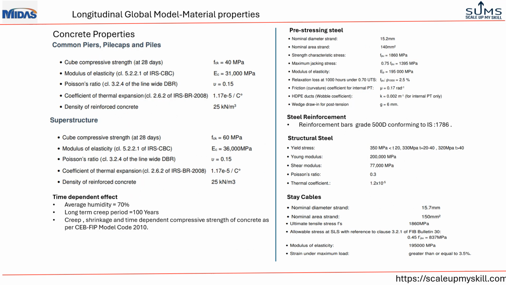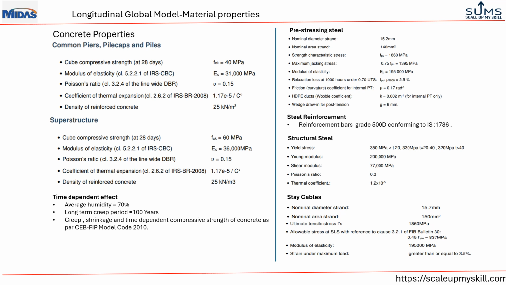This presents the material properties used in the global model. The concrete grade for piers, pile cap and piles considered in the model is 40 MPa cube compressive strength. For the deck, the concrete grade considered is 60 MPa cube strength. And 70% humidity is considered for time dependent effect,